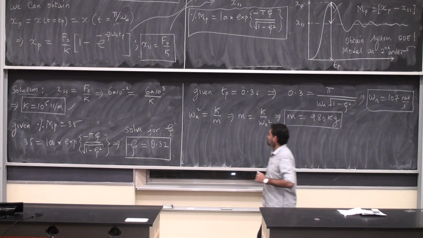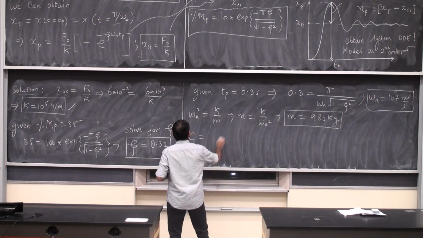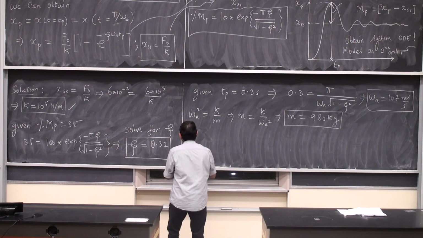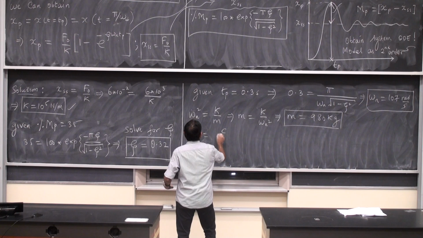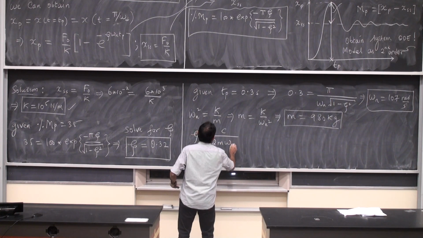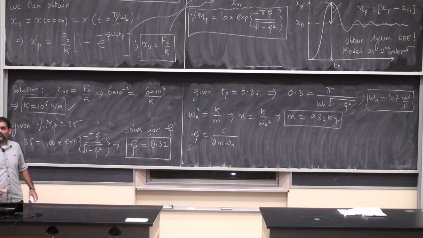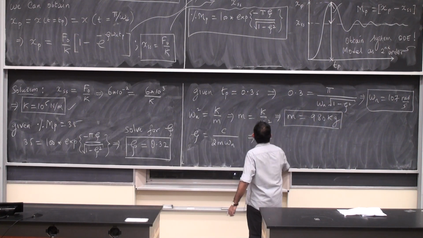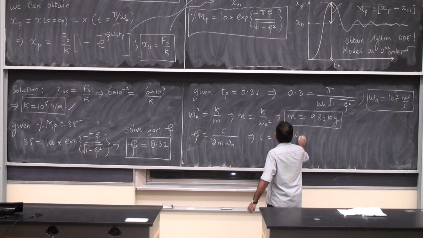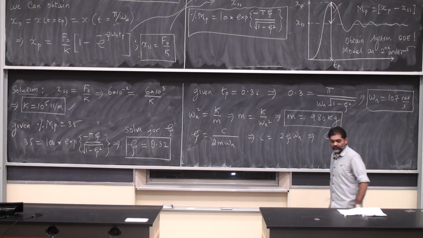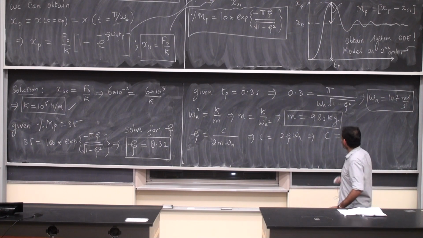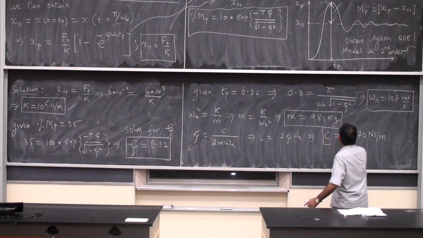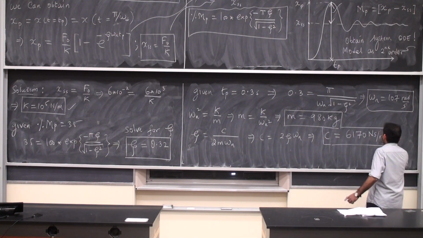And then I can get C. Or I can derive C from defining zeta first. So zeta is C by 2m omega_n. This is the fundamental definition that we had used to replace the C by m quantity. So C is 2 zeta m omega_n. And this is also a fairly large value, 6,170. So this is on the scale of a